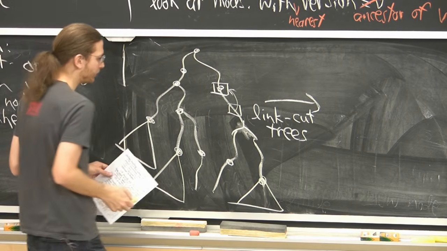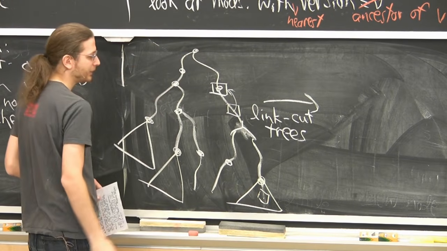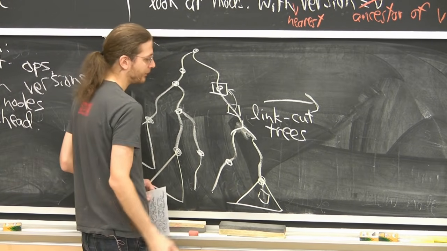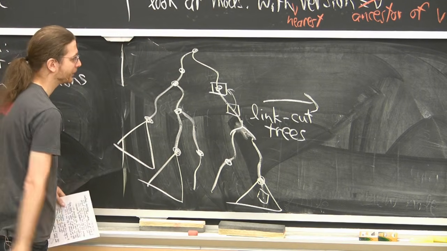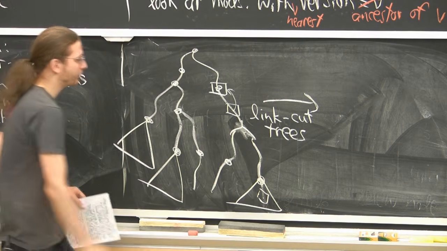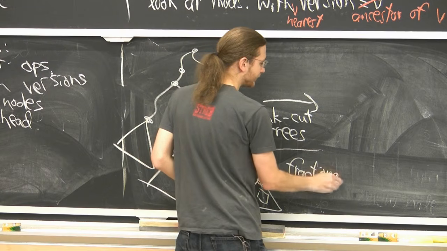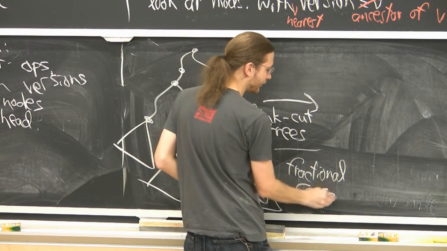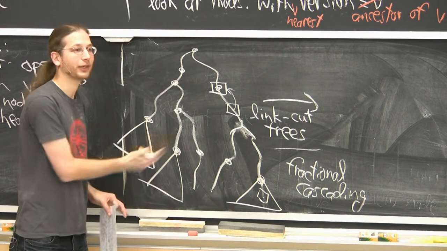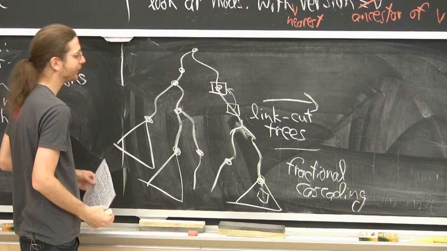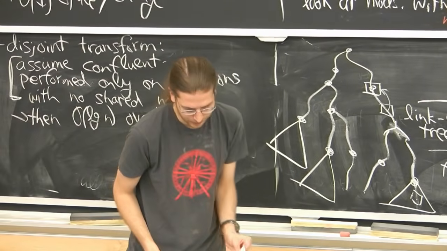Then, well, that's one case. There's also the version where maybe a version is down here in a subtree. I guess then the node didn't exist. But, well, all these things can happen, and that's even harder. It's messy. They use another trick, which is called fractional cascading, which I'm not even going to try to describe what it means, but it's got a very cool name. Because we'll be covering it in lecture 3, so stay tuned for that. I'm not going to say how it applies to this setting, but it's a necessary step in here.